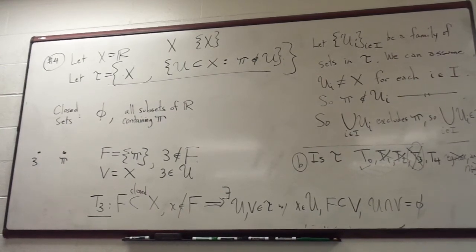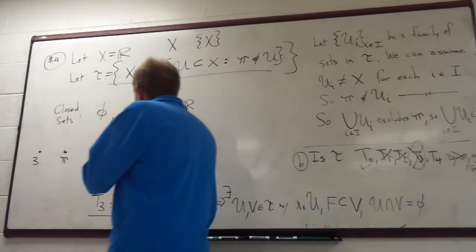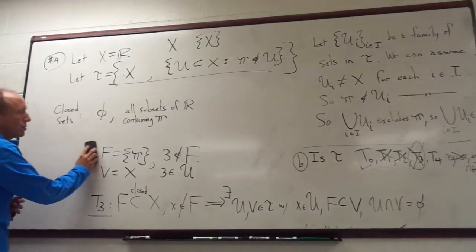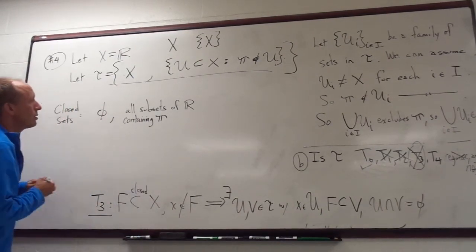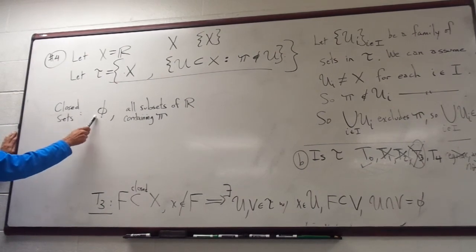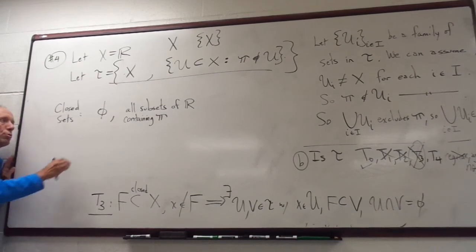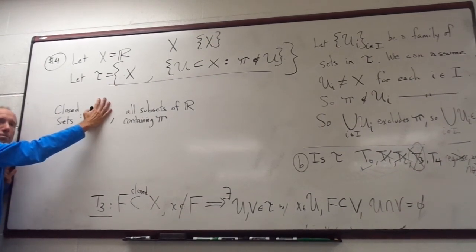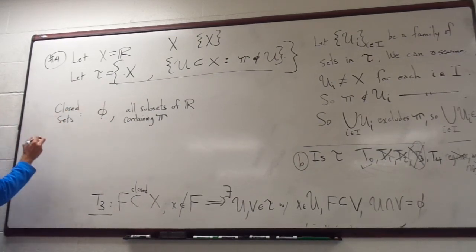Change my mind again. Okay. But it is T4, isn't it? Since the only disjoint closed sets for that are the empty set and some other one of those sets? If you have 2 closed sets that are disjoint, one of them has to be the empty set, because the closed sets are the empty set and all subsets that contain pi. So if you had 2 closed sets that were non-empty, they would both have pi in them. That's what you're saying. Right. So one of the closed sets, this is